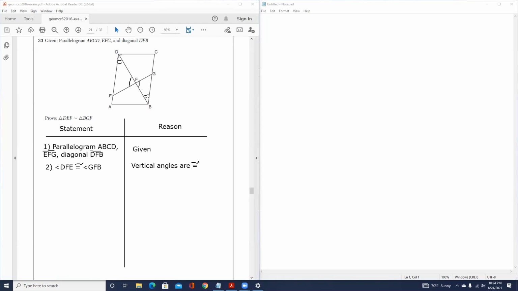So if you recognize these are alternate interior angles. There is the line, which is diagonal DFB, and it makes an intersection with these lines. And if we can prove that AD and BC are parallel, then we have created the alternate interior angles needed for our similarity. So the first thing we need to do is to prove line AD and BC as parallel, and